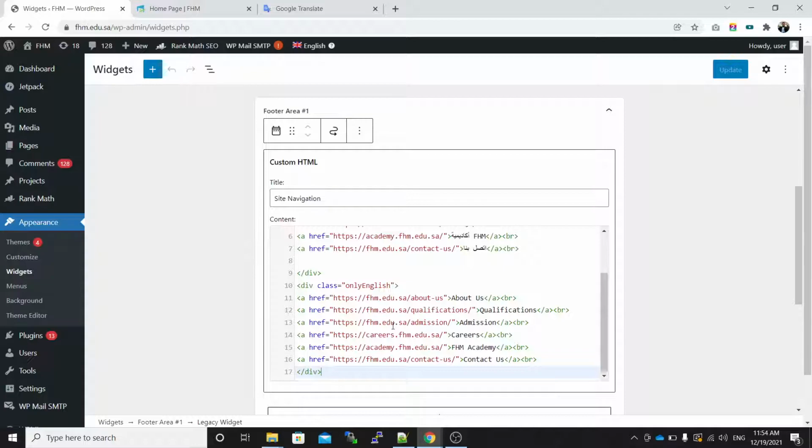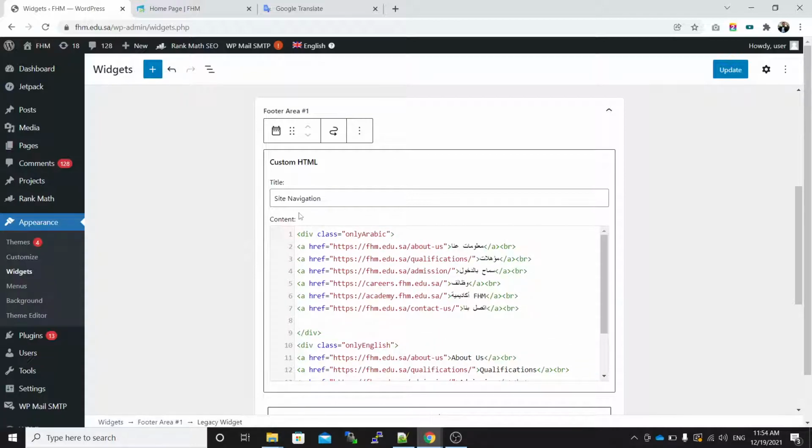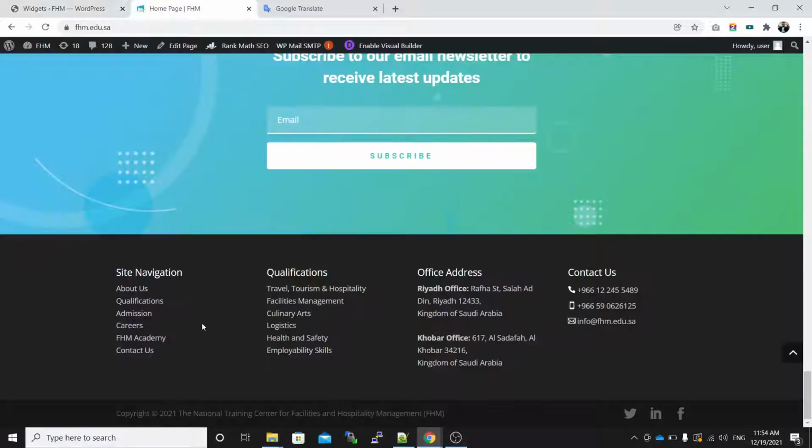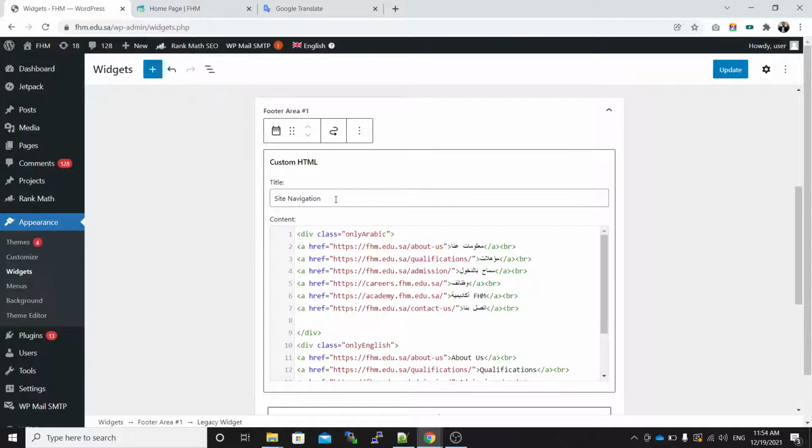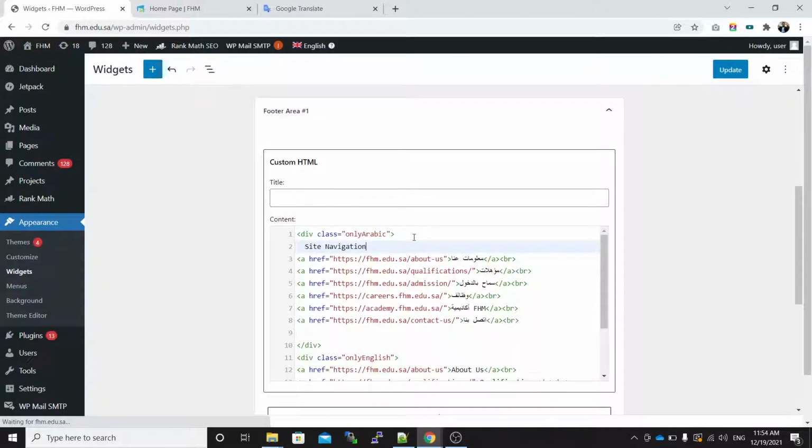So put it here. Okay, actually this part, site navigation, doesn't support HTML, so what we will do is remove this and put it here with the same styling.